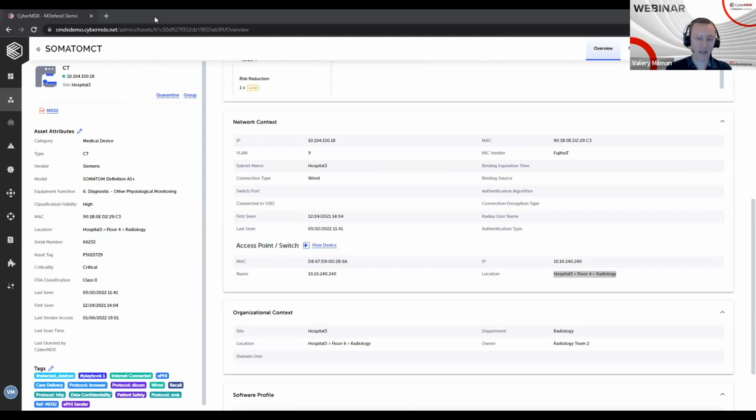Because it's mobile and it is being used, they know in which hospital it is, of course, but since it's connecting to the wireless network, they don't have a specific physical switch they can check to know where it is every time. They have the device name, but the device name is not shown physically on the device, so they don't know if this is it. And this is really crazy that they still,